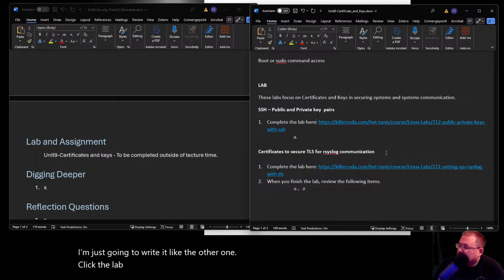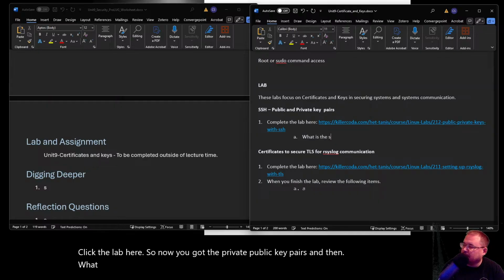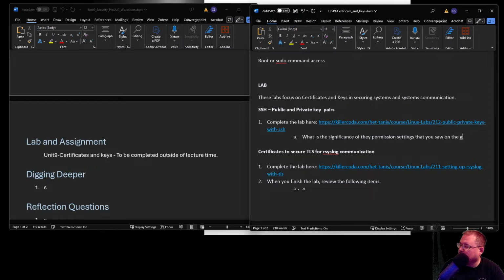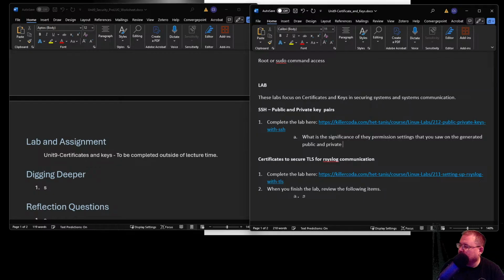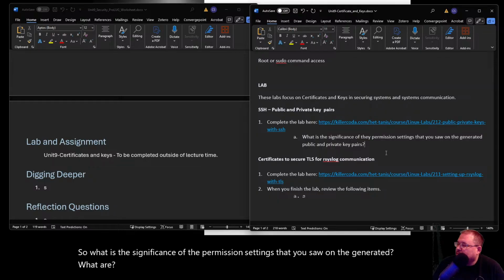Complete the lab here. So now you've got the private-public key pairs. And then, what is the significance of the permission settings that you saw on the generated keys?